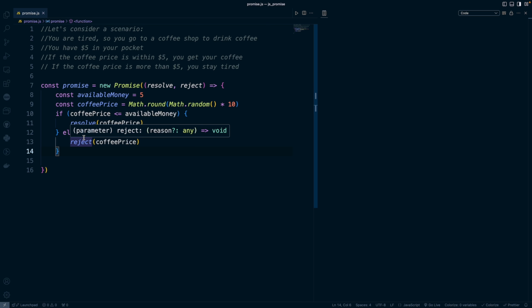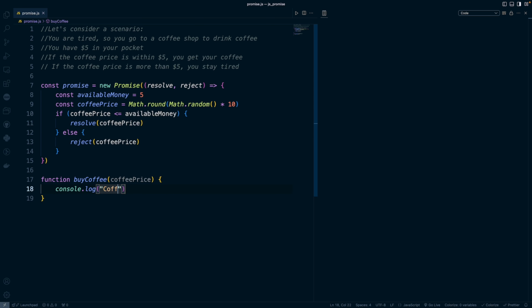So when we are resolving, fulfilling, or rejecting the promise, we have to do something. Like when the promise is fulfilled, we are going to perform an action. When the promise is rejected, in that case also we are going to perform an action. In order to do that, let's define a new function. We are going to call it buyCoffee, and as a parameter, we are going to pass the coffeePrice. Within this function, we are going to console log the coffee price, and we are going to print another console log saying, as the coffee price is less than or equal to our available money,